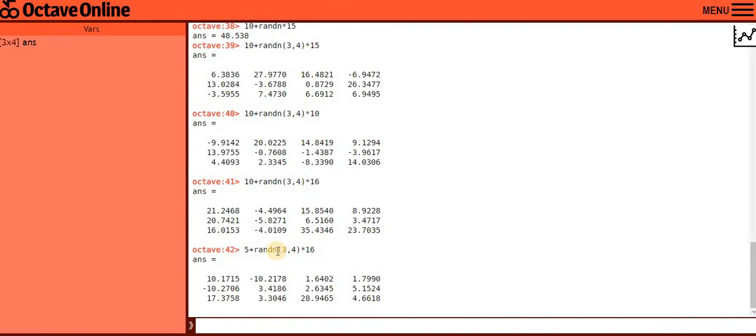So in today's lecture, what we have covered till now are different variants of the random function. First we executed rand, then we found different variations of randi, then we discussed randperm, and now we are discussing randn. Irrespective of this, we also learned how to generate random numbers in one range. So that's all for today's lecture, guys.